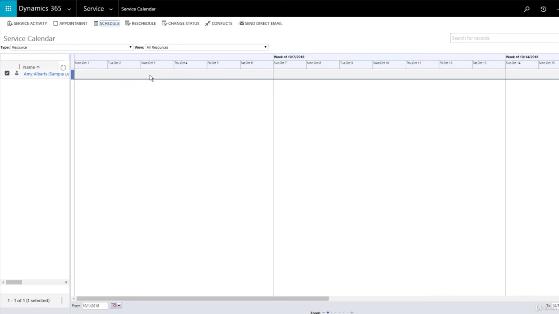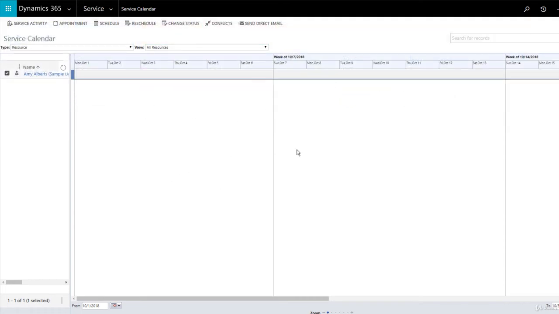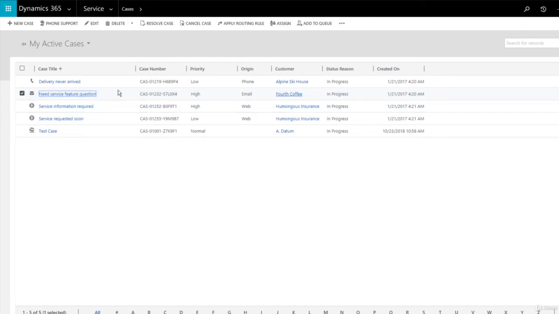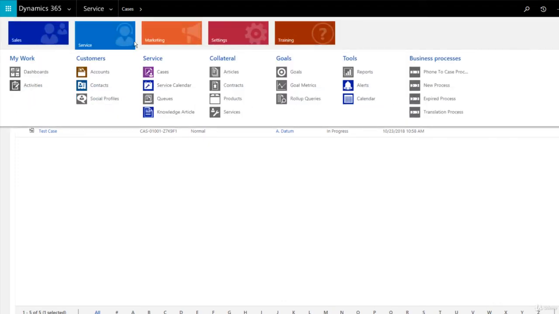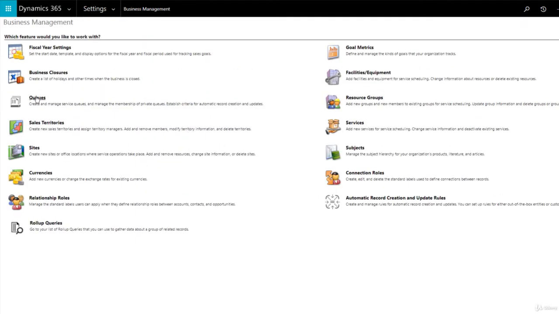So those kind of things you can do from the service calendar, okay? And it gives you the centralized view to see what your resources are doing and how they are occupied. So if you want to assign this to a queue, what we'll do is first let's see how you can create a queue. So we go to the settings, and under settings we have business management, and there you have